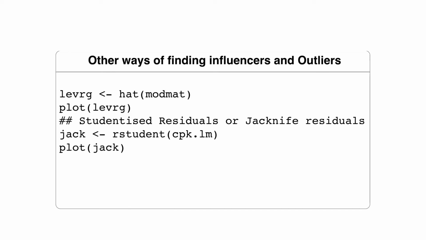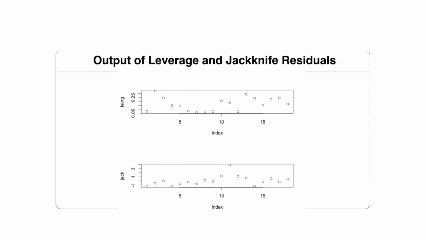So what we do basically is we plot the leverage points, but we also plot what are known as studentized residuals, often referred to as jackknife residuals. It does a procedure known as cross-validation and resampling of the data, and by doing that you can get a set of jackknife residuals. And here are the two things, right? You can see that both the jackknife as well as the leverage statistics suggest that there is one point,